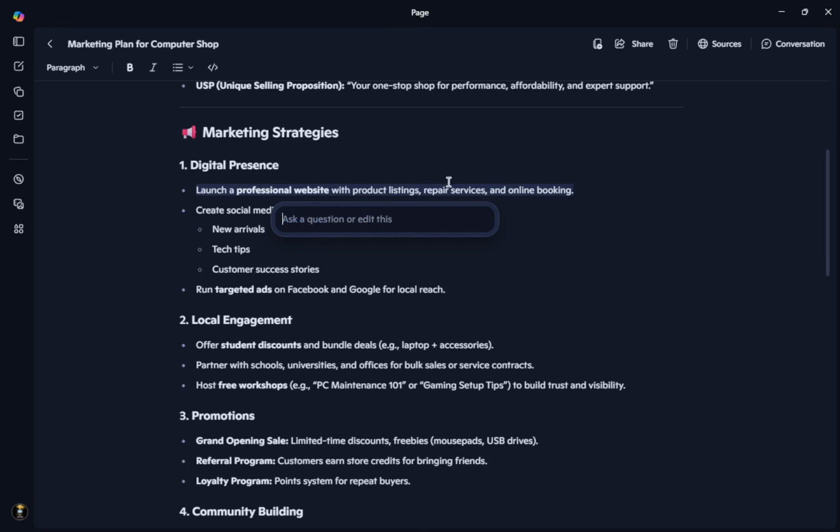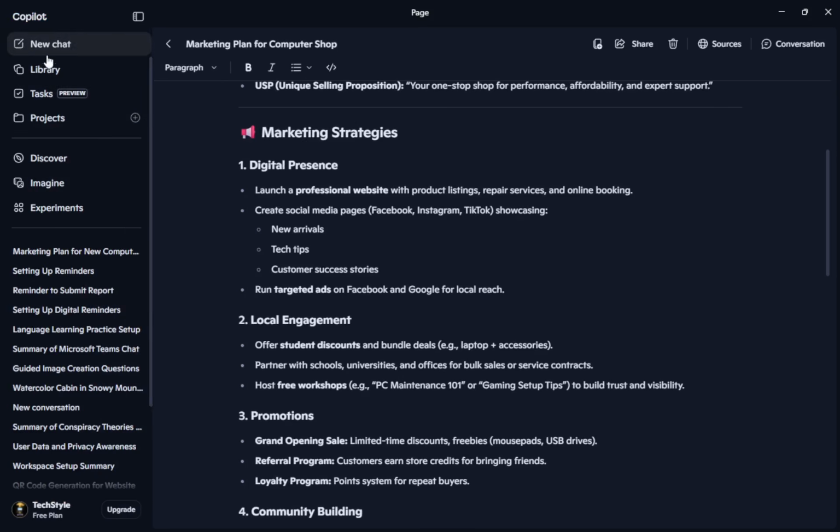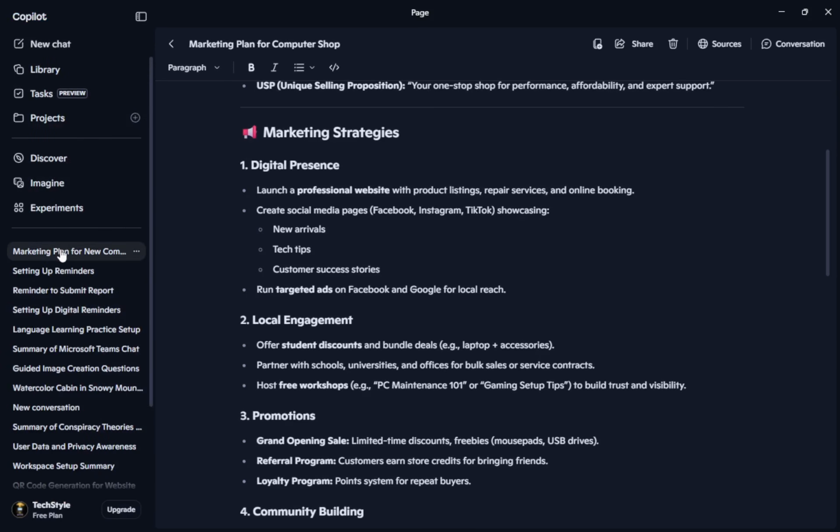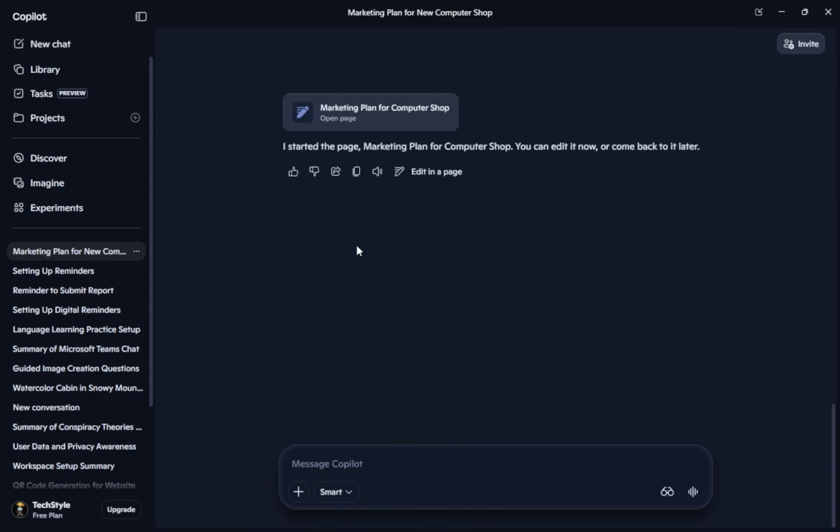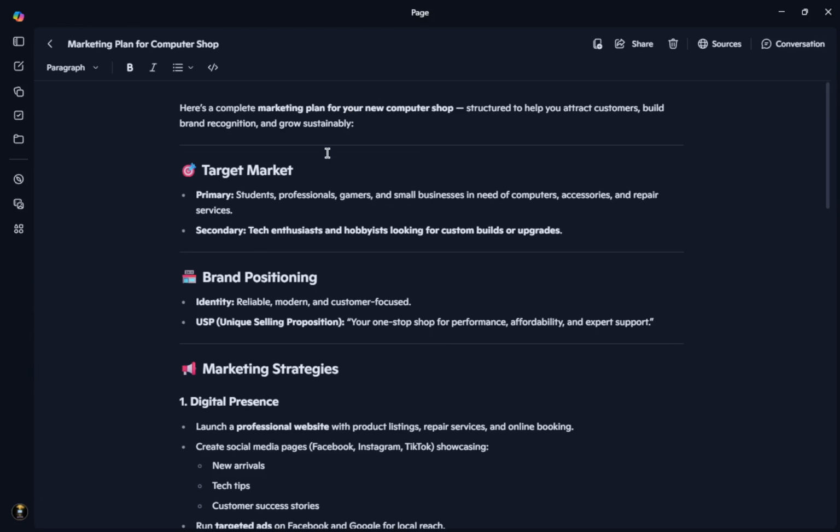Sharing a page is straightforward. In Microsoft 365 Copilot, you can share pages with coworkers via Microsoft 365 Teams and Outlook. This functionality is vital for collaborative editing, allowing team members to view and edit the same page in real time. Collaborative work becomes seamless, enhancing productivity and fostering teamwork.